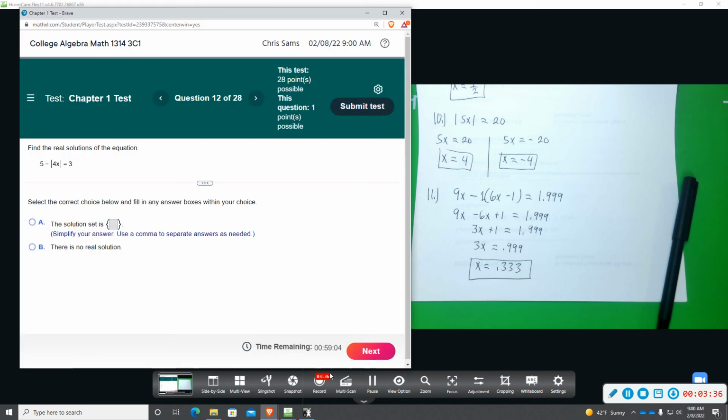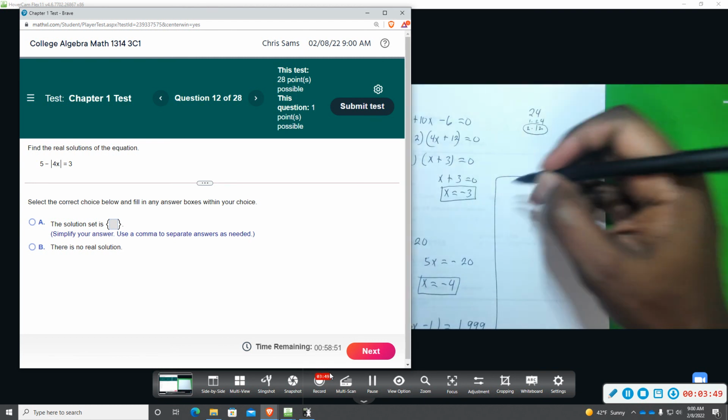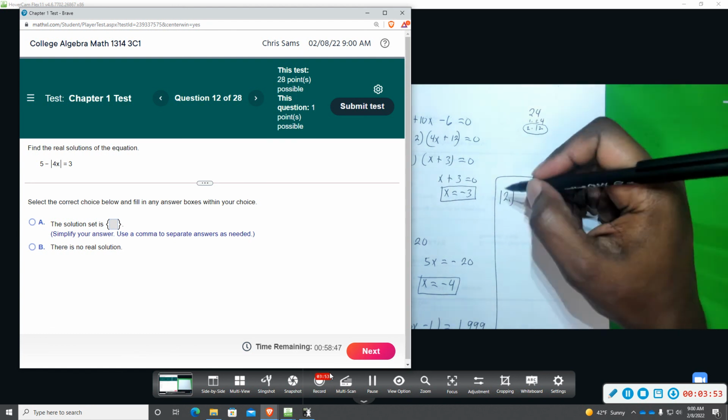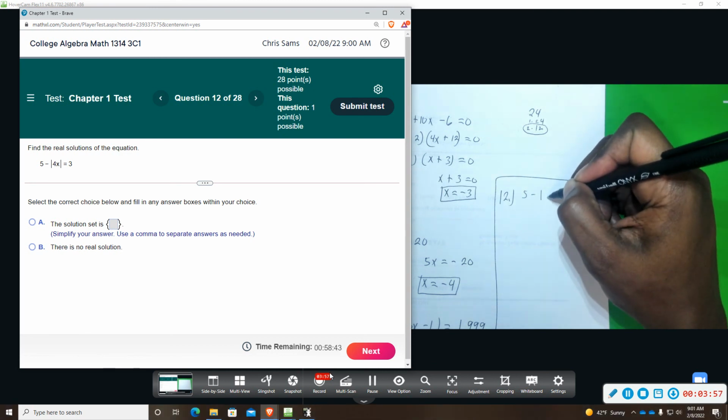Okay, number 12. This one we want to find the solutions for this expression. So work number 12 right here. We have 5 minus absolute value of 4x